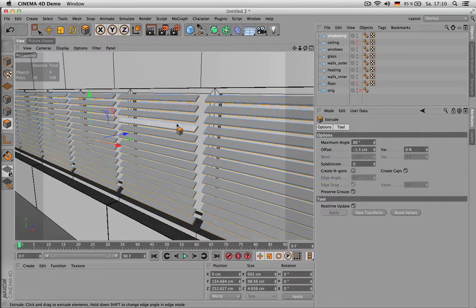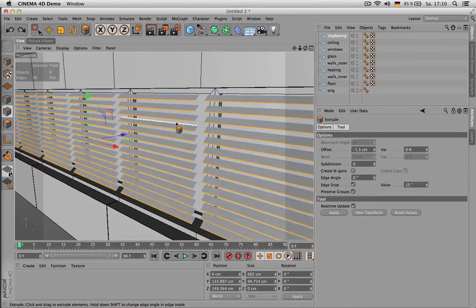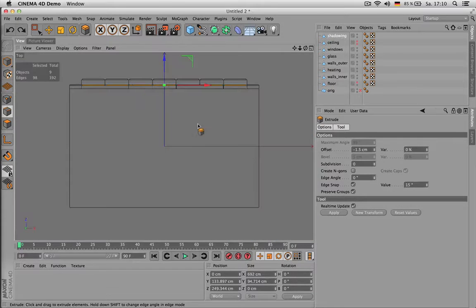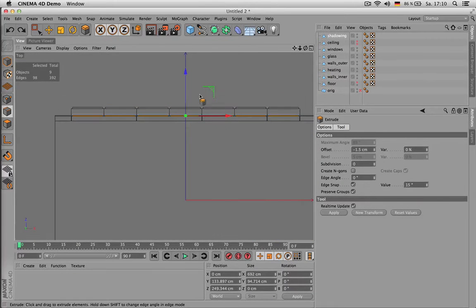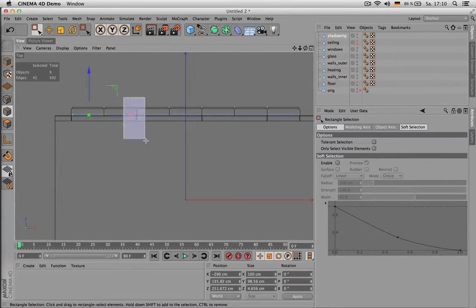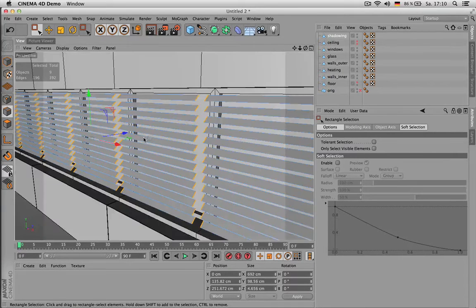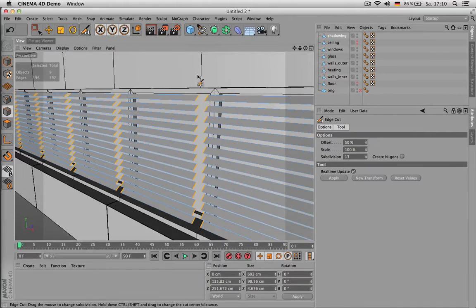or I can be even better and go back to edge mode and only select the short pieces now, viewing from top. I can use my rectangle tool again and I have all of them selected, and now I hit MF and I should use a really low value now, like 2,